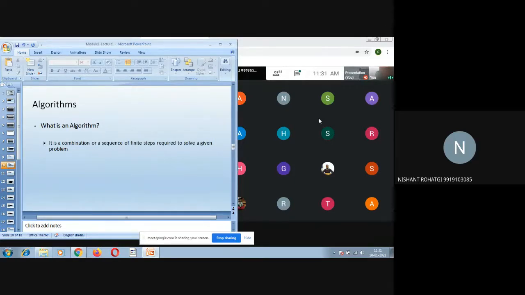Are these small numbers? Small means the count of numbers. Are you supposed to sort only 5 to 10 numbers, or do you have to sort 1 million numbers? Isn't it? Do you agree? Yes, ma'am. So that means time and space complexity depends upon the kind of input that we have received. If the input is small, the time and space will be less. If the input is large,